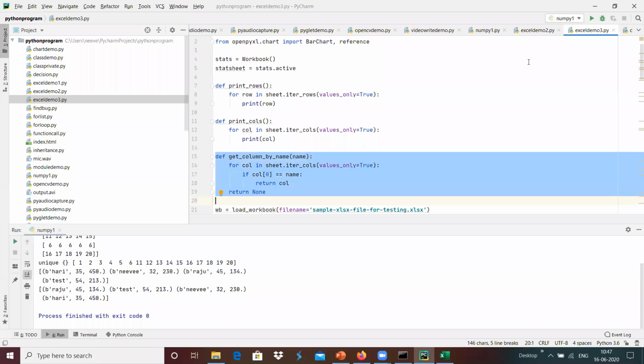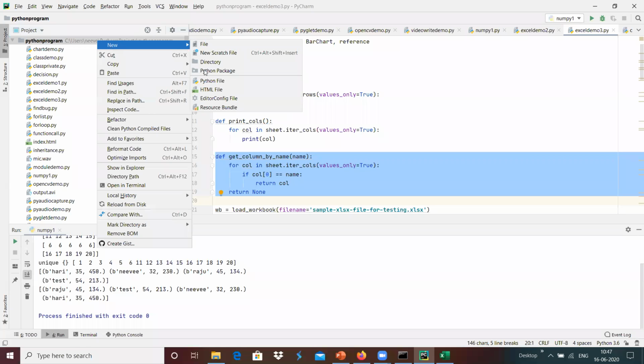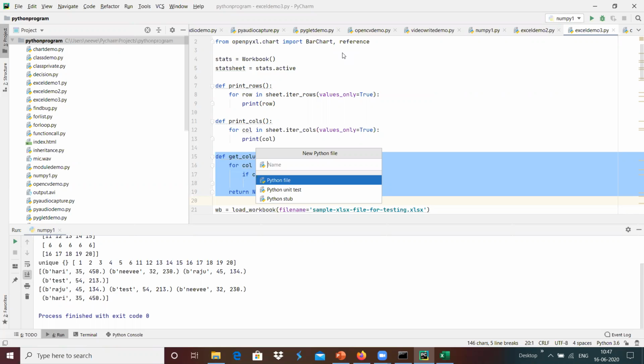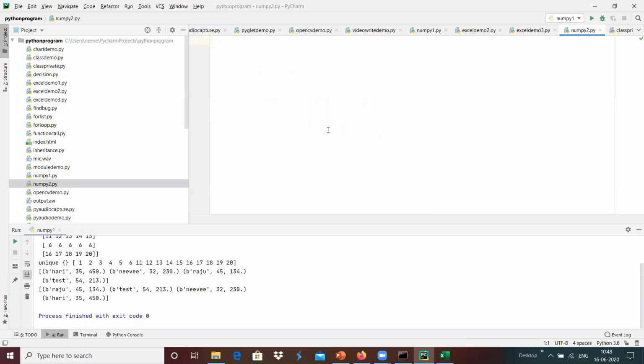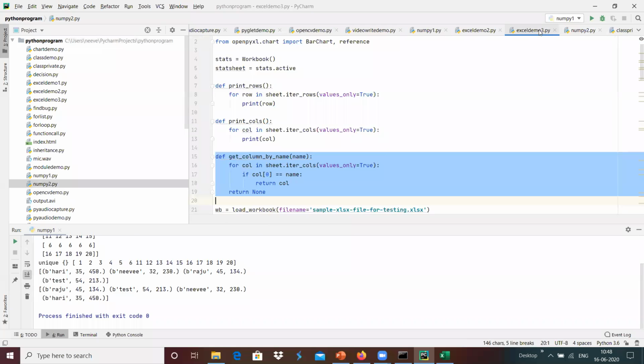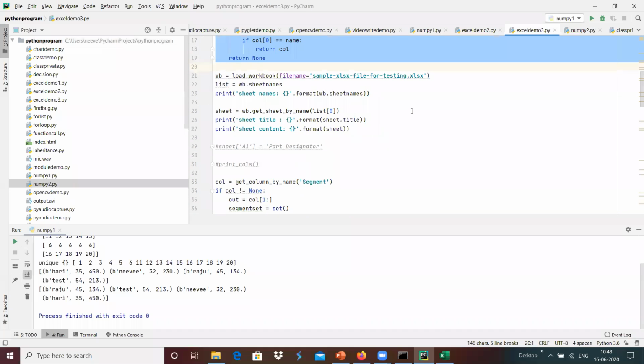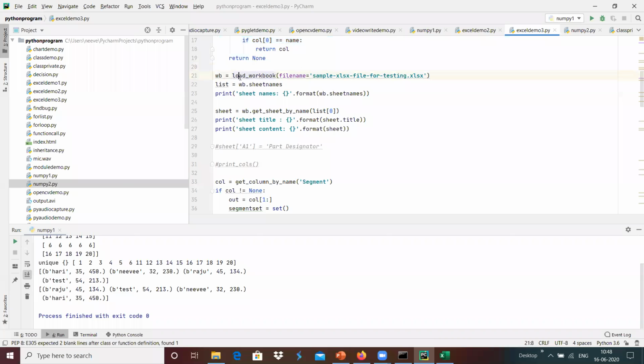I'm going to create a new file, numpy2.py, and I have that get column by name function over here. Once it is done, maybe we can use load workbook and get the list of sheet names over here.